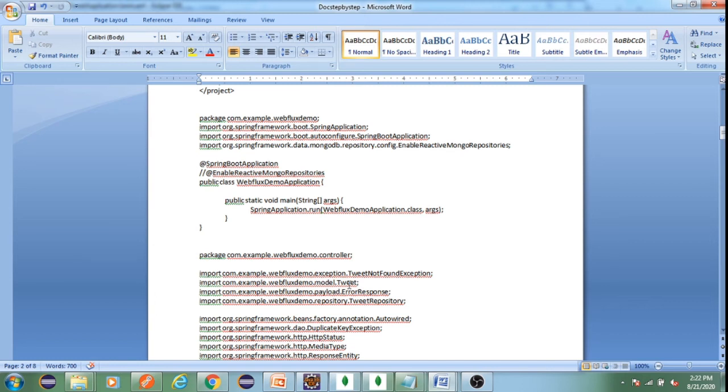If you wanted to add a tweet object, then we can go with the post operation by using Postman. To perform the post operation, let us look at the post mapping. Here we can see the URL is tweets and the mapping should be PostMapping, and you can add a new tweet object.